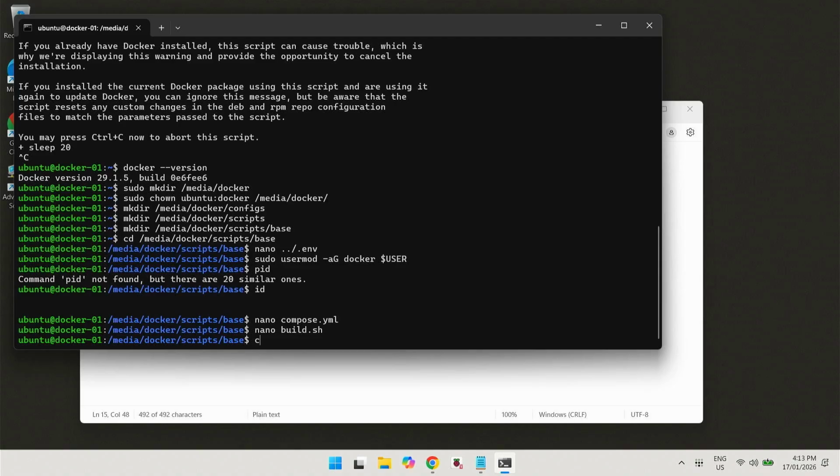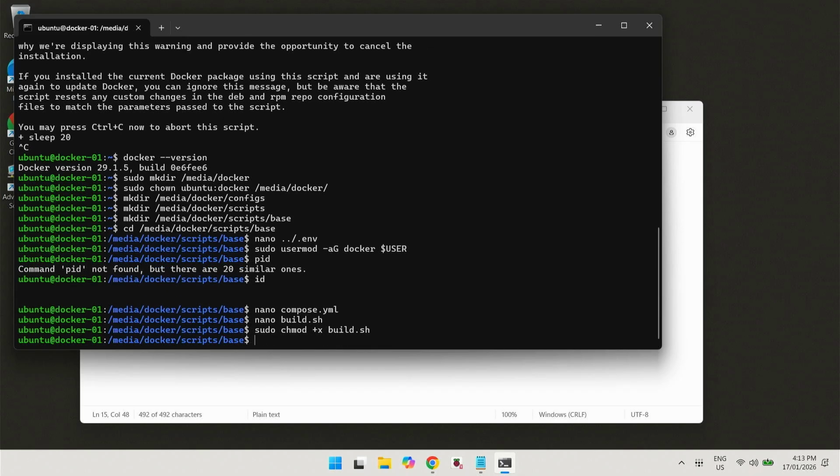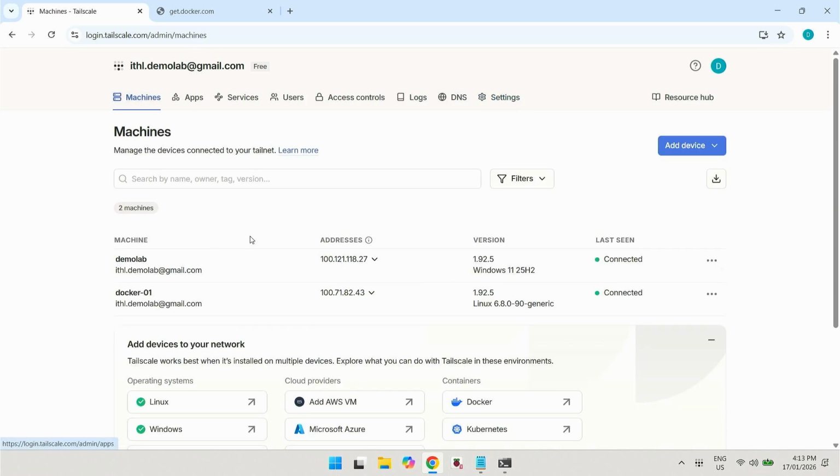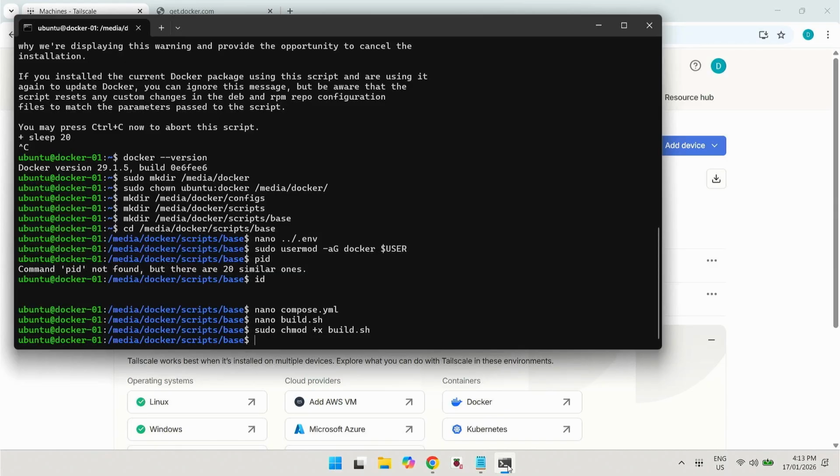So now we need to modify the build script to make it executable. So now if we go back to our machines on here, you can see we only have 2 machines. When we run the build script,